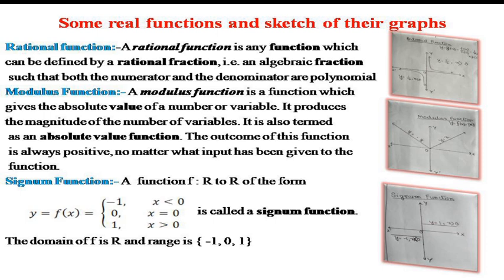And if we draw the graph of that function, we will get two straight lines. One is y equal to 1, that is in the first quadrant, and another is y equal to minus 1 in the third quadrant. This is a broken graph. We can't join these two parts of this signum function graph. And we can also say that signum function is nothing but mod x by x. If f(x) is equal to mod x by x, then we will get a signum function.